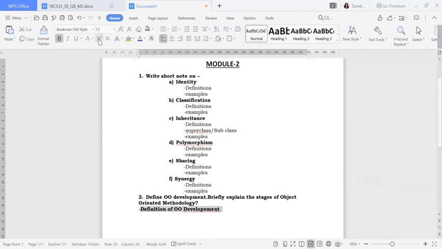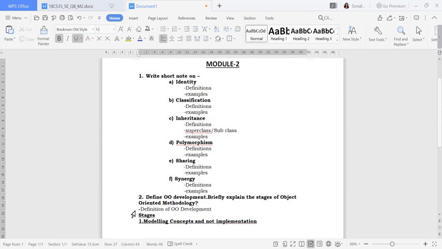Fine. So next, you should explain the stages of object oriented methodology. So what are all the stages? Let me highlight this. I'm going to write about the stages now. There are some 3 types of stages present. Okay, so I'll give the numbering also. What will be the first stage? That is nothing but modeling concept. I'll tell you what to write inside also. Modeling concept and not implementation. Okay, so this is the first point.